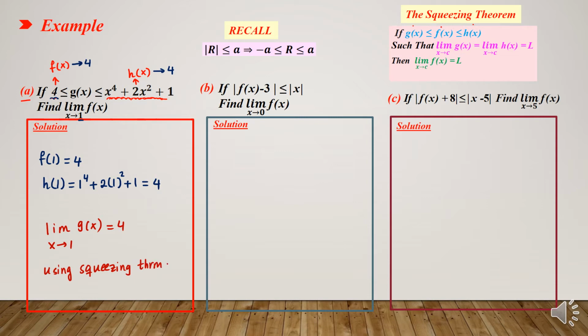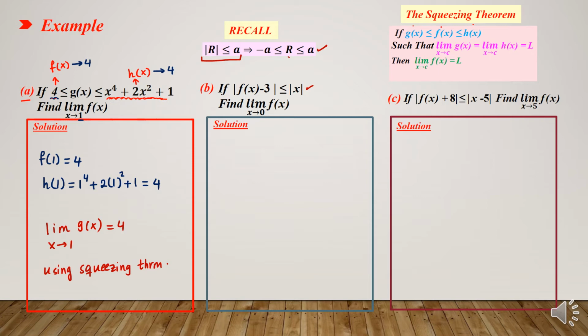Now for the second part, as you see, if the absolute value of f of x minus 3 is less than or equal to the absolute value of x, find the limit of f of x when x goes to 0. Firstly, you have to use this inequality. If the absolute value of something is less than or equal to a number, then this something will be between negative the number and the number itself. So by applying this property of